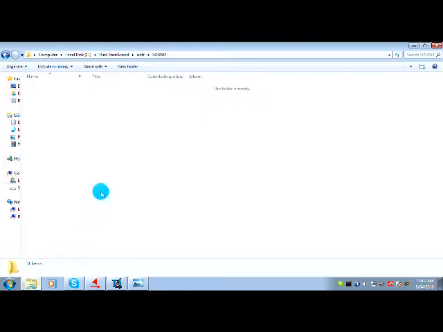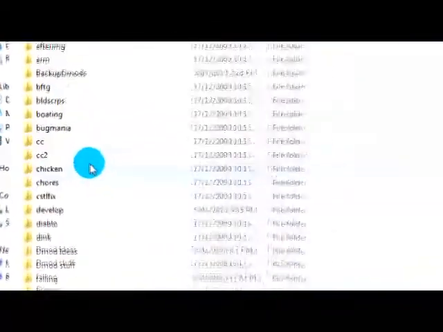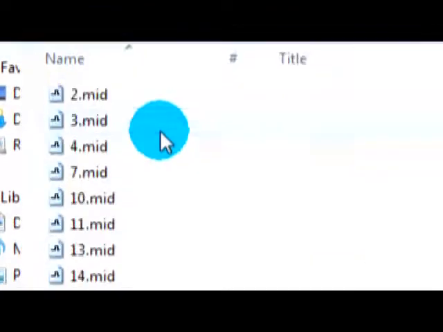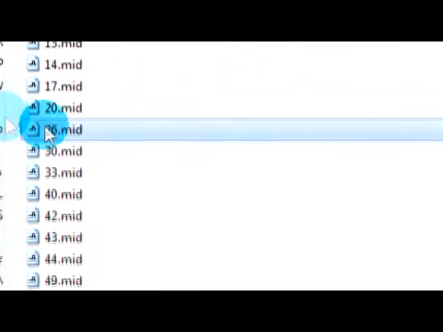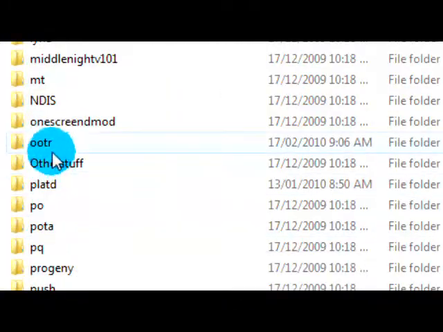To do this, you're going to need a MIDI file in your Dmod's sound folder. I'm in the Orbs of the Realm sound folder right now, the Dmod we created at the start of these tutorials. Right now you'll probably have a sound.txt file in here that came with the skeleton. You can delete that, you don't need it, but it doesn't matter either way. Now I'm going to steal a MIDI from Cloud Castle 2 to give you an example. We'll go with MIDI number 26, copy that, paste that in your sound folder,